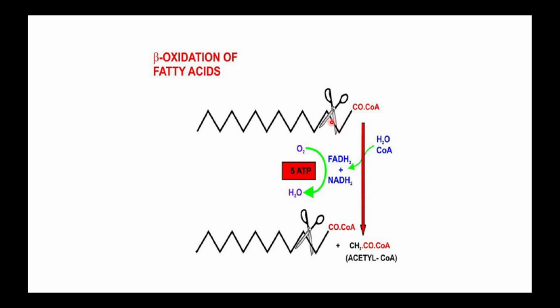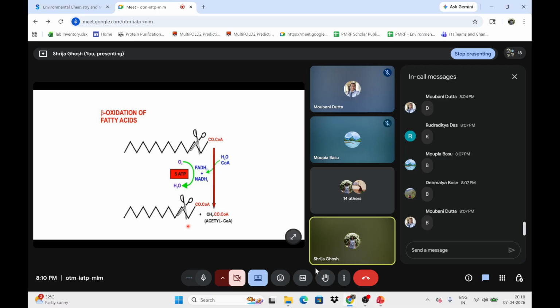Okay, so this part will again undergo another cut, another beta oxidation cycle. One more molecule of acetyl coenzyme A will be released, and we'll have a 10 carbon chain. Then again we'll have an 8 carbon chain, and one more acetyl coenzyme A will be released. As you go along this cycle, ultimately the whole chain will be converted into acetyl coenzyme A, and you know where acetyl coenzyme A goes in a biochemical pathway. Okay, where does it enter? Which cycle does acetyl coenzyme A enter?